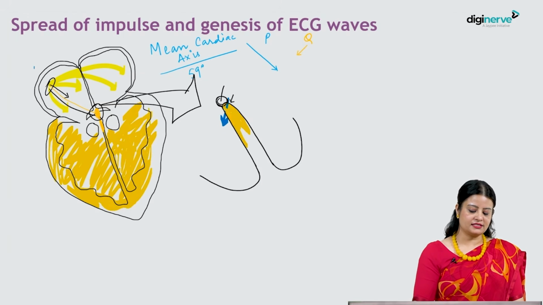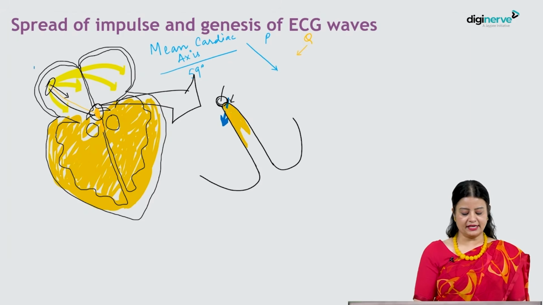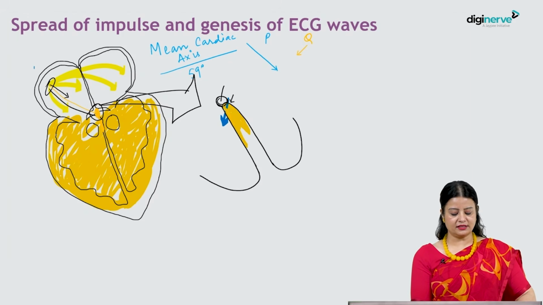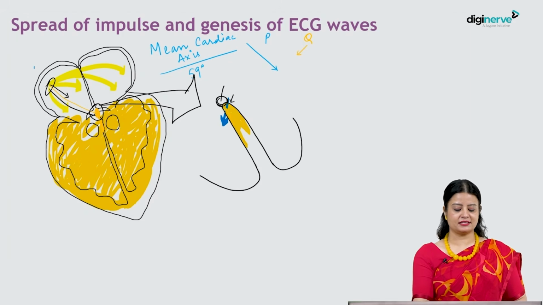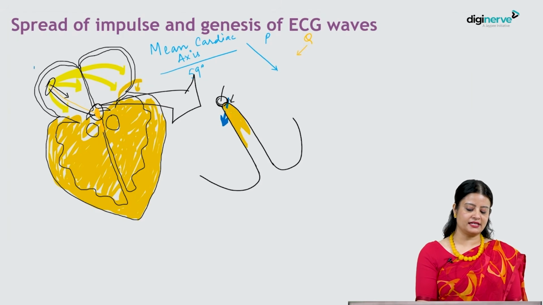So as you can see, the entire ventricle is depolarized. Now we are left with just the tip of the apex and some portion in this direction. Then the tip of the ventricular apex is also depolarized. So the last part to get depolarized is the